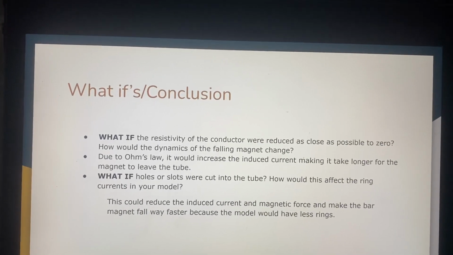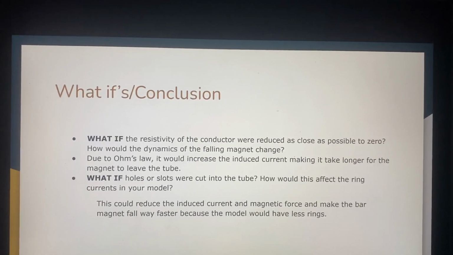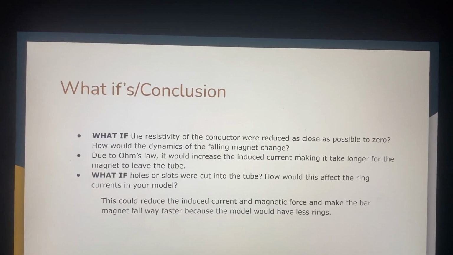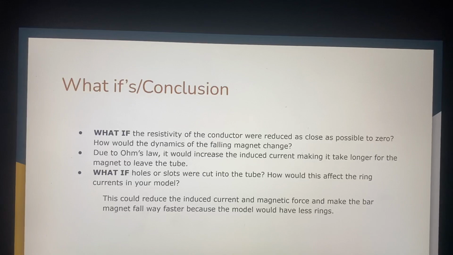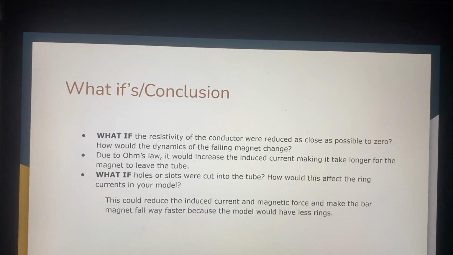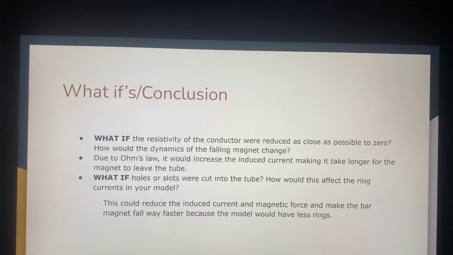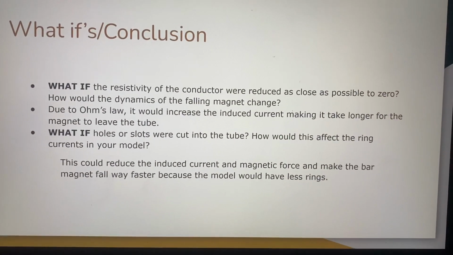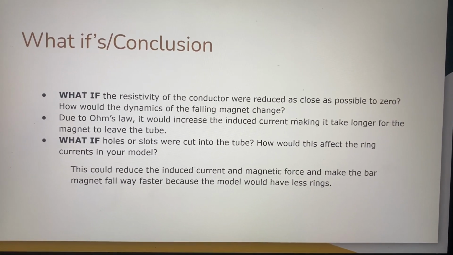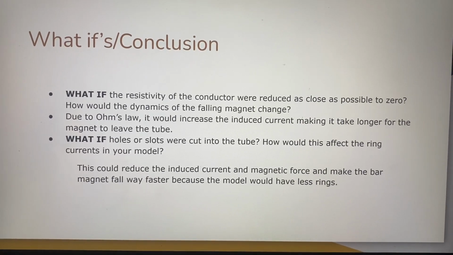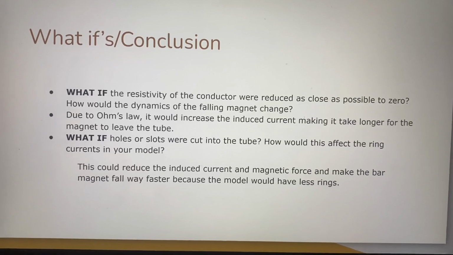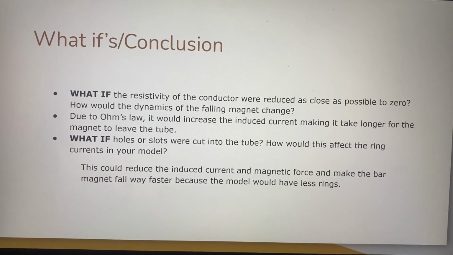magnet to leave the tube, because we have Faraday's law saying that current is going to create a force, and then Lenz's law saying that force is going to be in the opposite direction that it's falling, so that would be upwards: a bigger upwards force, smaller net force going down. And then what if holes or slots were cut into the tube? How would this affect the ring currents in your model? So this could reduce the induced current and magnetic force because it would have fewer rings, and make the bar magnet fall way faster because the model would have less